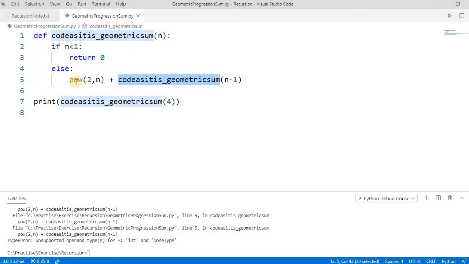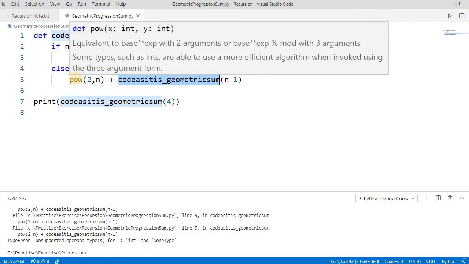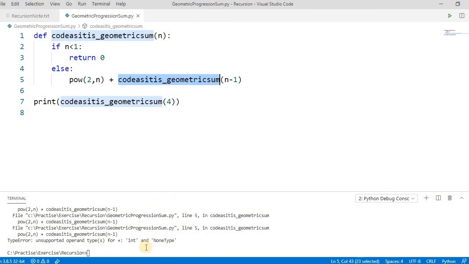Unsupported type for int and NoneType. This is the NoneType. Oh, we have to return it, right? Because if we do not return it, then it will not give the answer.